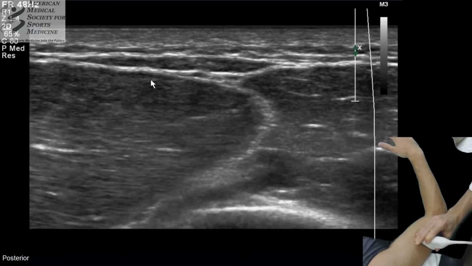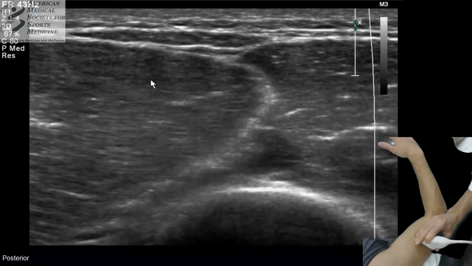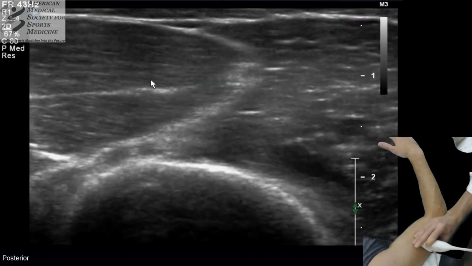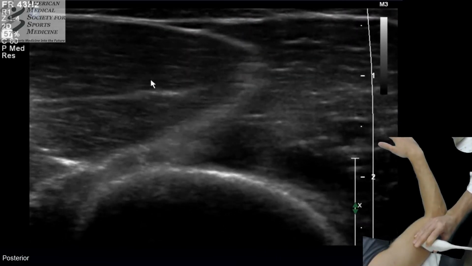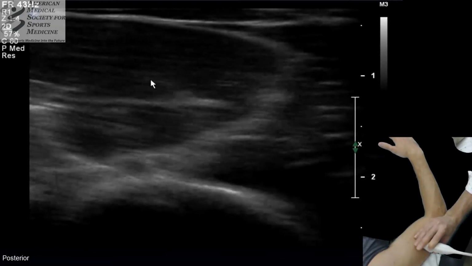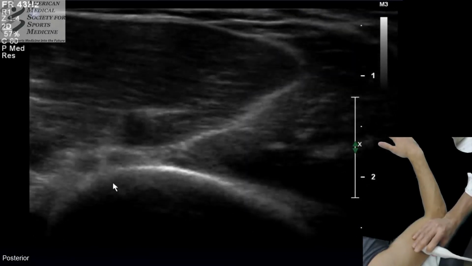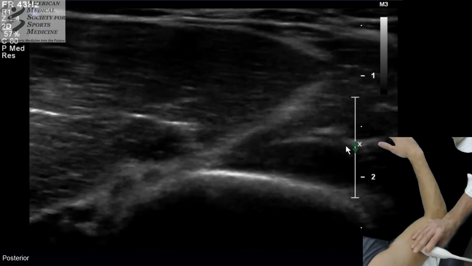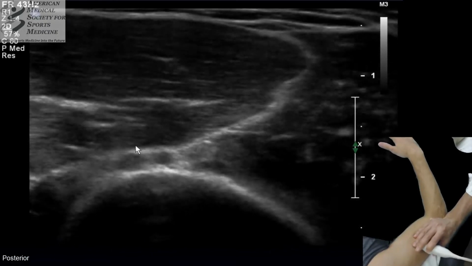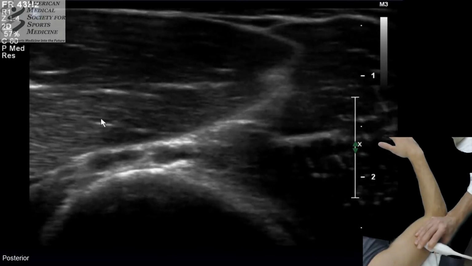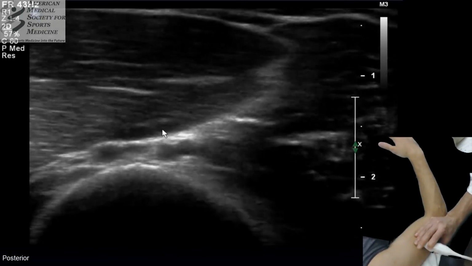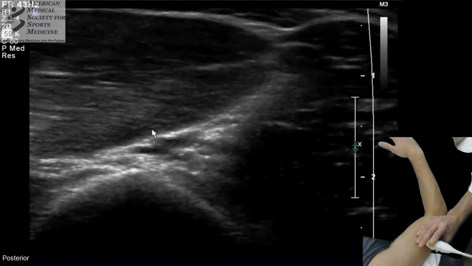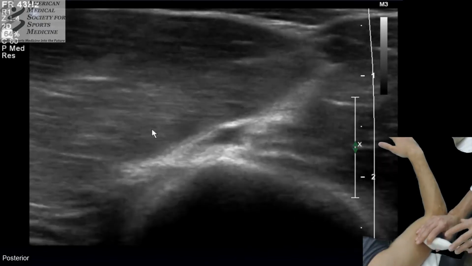I'm going to increase the depth here by a couple of clicks. I'm going to decrease our 2D gain, change the focal zone. So right here you can see the radial nerve. This is going to be posterior, and right here is going to be anterior. As I glide distally, you'll see the radial nerve moving from the posterior compartment to the anterior compartment of the arm. And in that same area, I'm going to increase the gain a little bit here, but in